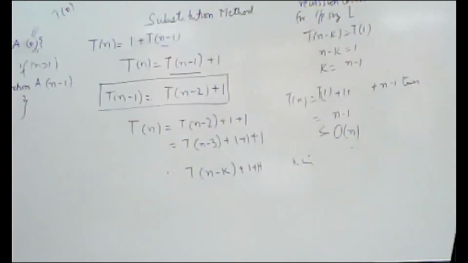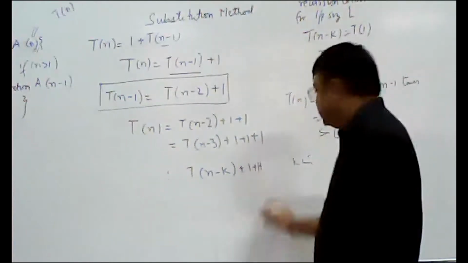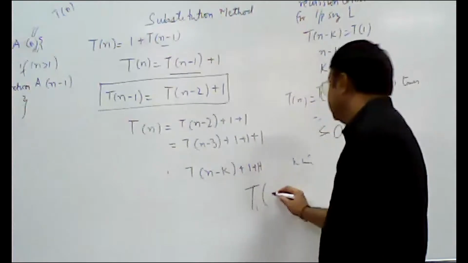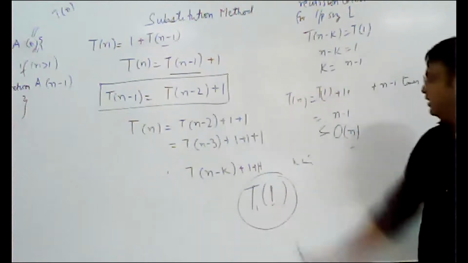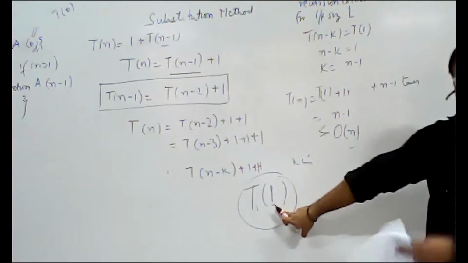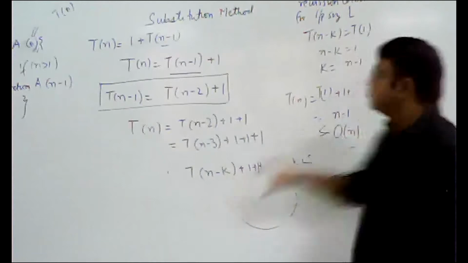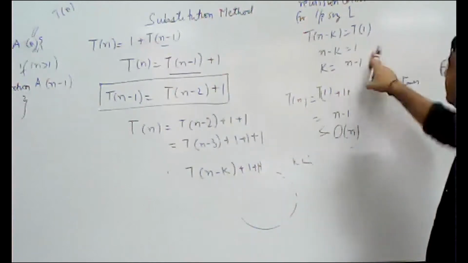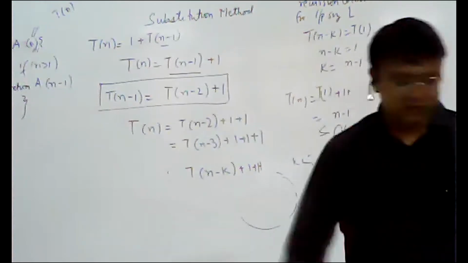Got this? So it's simple, it's simple back substitution. Always remember, whenever you are analyzing a recursive algorithm, it will terminate when you get T(1). So for input size one, the algorithm is terminating. Maybe somewhere you have to find T(2) or T(3), but in general, when the input size becomes 1, it will terminate. So when n minus k becomes 1, it will terminate. We find the value of k, and we get the result in terms of n. So note down this.